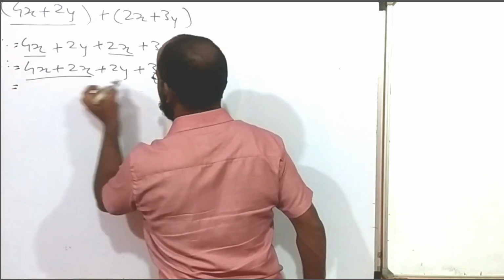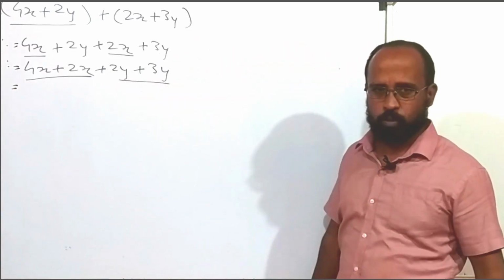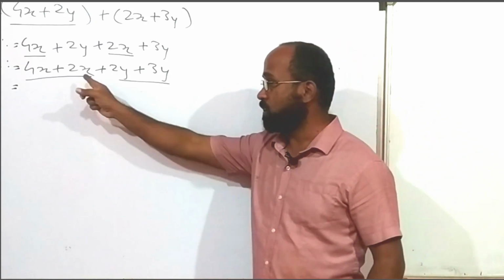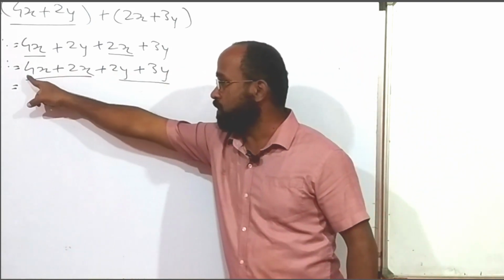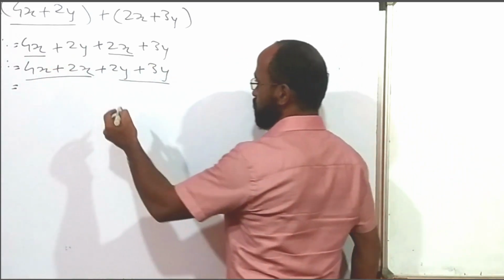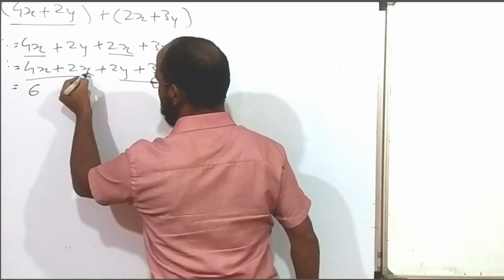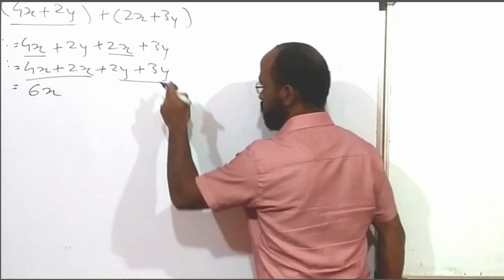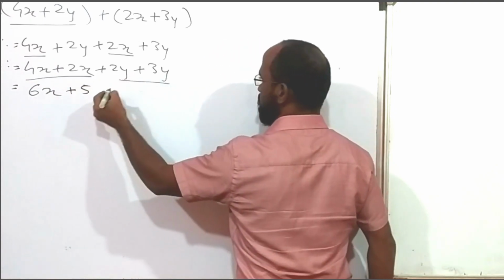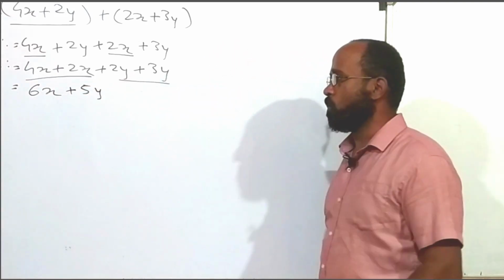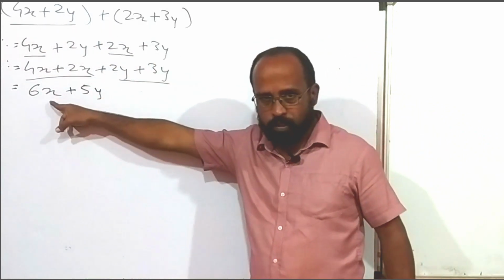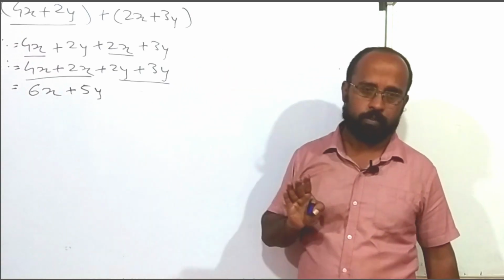Now these are like terms and we know how to do addition and subtraction of like terms. Here it's not mandatory to do addition or subtraction; that depends on their coefficients. Coefficients are plus 4 and plus 2. So we can do their addition, same symbol. So 4 plus 2, 6. Write the variable with indices as it is. So 6x plus 3 plus 2, the answer is plus 5. Write the variable with indices as it is, y. So the addition of these two binomials is 6x plus 5y. Got it?